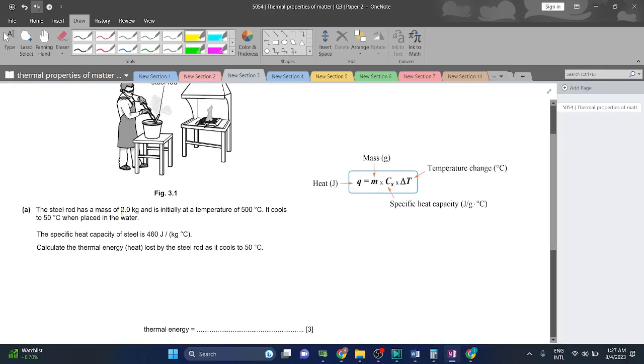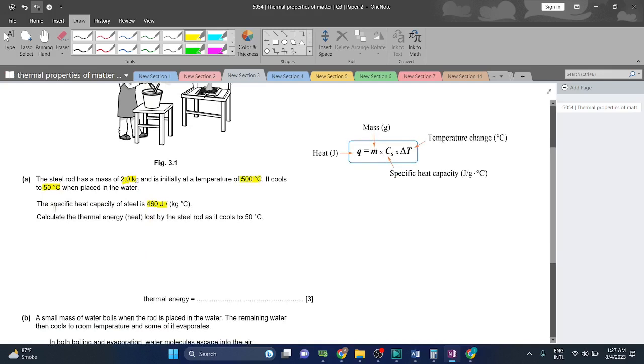The steel rod has a mass of 2 kilograms and is initially at a temperature of 500 degrees Celsius. It cools to 50 degrees Celsius. So there is a change of 450 degrees Celsius between these two temperatures. When placed in the water, the specific heat capacity of the steel is 460 joules per kilogram centigrade. Calculate the thermal energy, heat lost, by the steel rod as it is cooled to 50